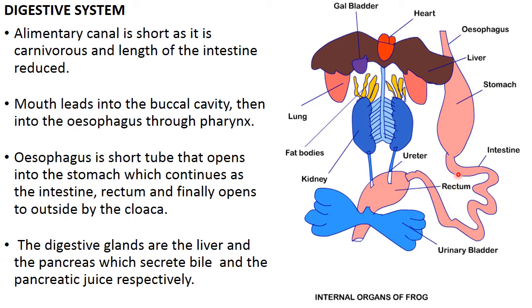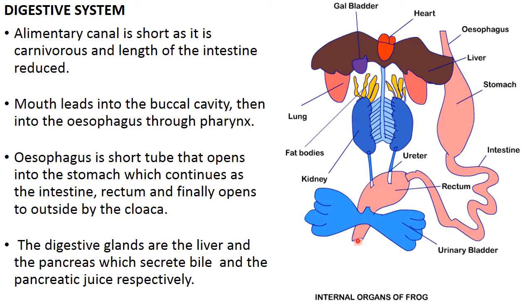So since it is carnivorous, तो intestine छोटा होगा, but same process of digestion as it is in man, कि pancreatic juice secrete होगा, digest करेगा carbohydrates को, proteins को, bile secrete होगा from the gall bladder. You have the gall bladder here, you have the liver here, so that is going to emulsify the fats and excess. सारा complete digestion यहाँ पे होगा, absorption यहाँ पे होगा, and waste will be thrown out through the cloacal